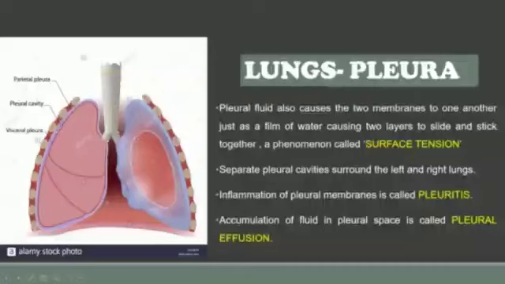There is a pathological condition called pleural effusion. As you see in this diagram, there is lots of pleural fluid in your left lung when compared to the right lung. This condition where excessive pleural fluid accumulates in the pleural space is called pleural effusion. Then there is another condition called pleuritis. As the suffix itis indicates inflammation, pleuritis is inflammation of the pleura.